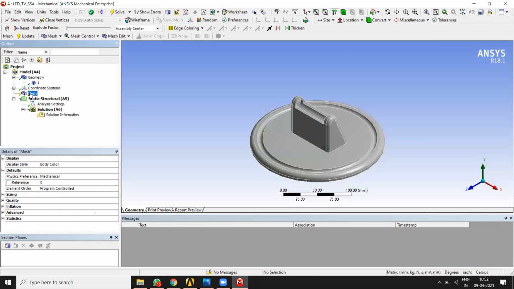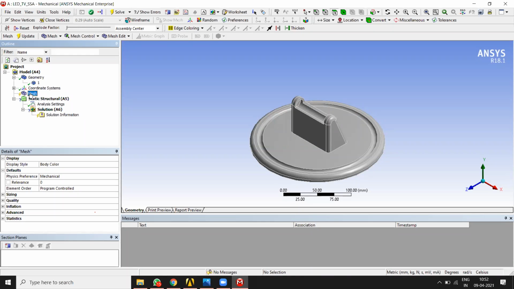We can define the element size here. Also you can go with face meshing, or you can change the methodology. Some options are available, but not to the extent of HyperMesh.